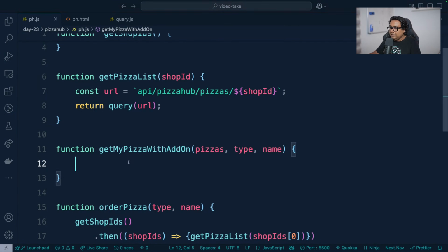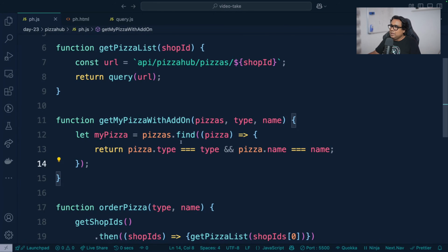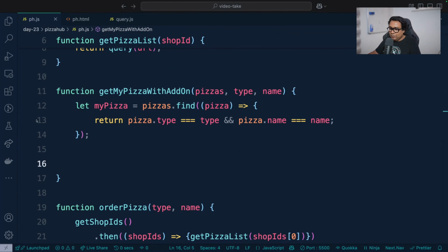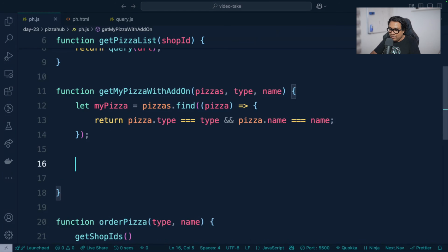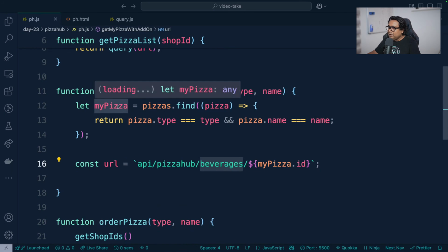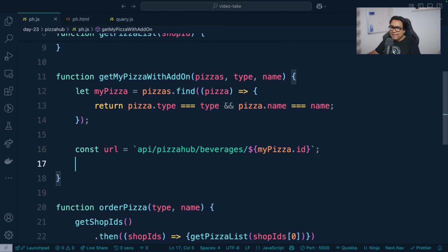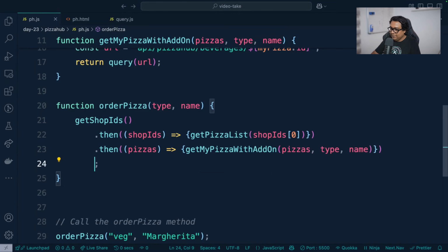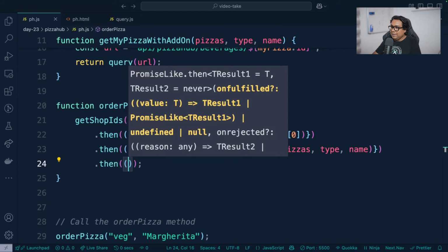And just like we have done before, we will see whether I have a pizza like that with this type and name among all the pizzas. So if I find it, I call it myPizza. Once I get my pizza, then I will try to figure out whether I have any beverages or add-ons or not. So I will make an API call to /API/PizzaHub/beverages, this particular pizza, my pizza's ID, and then as usual, return query and then pass the URL, right? This will return a promise. And this one now I have to handle using then again. So if I handle using then, now I'll get here